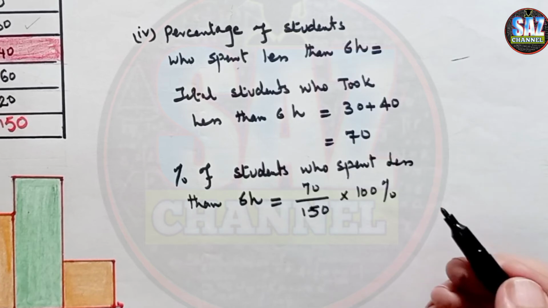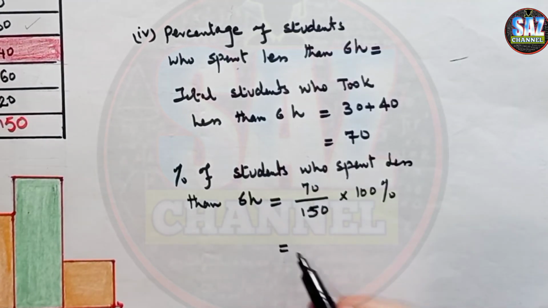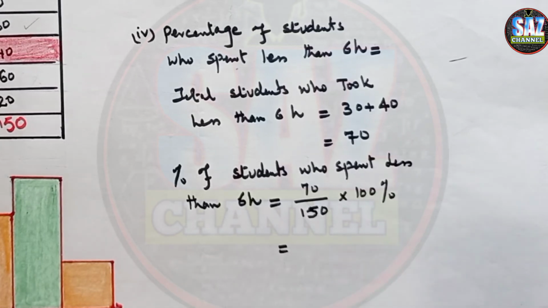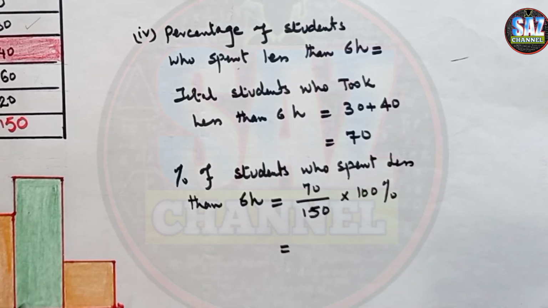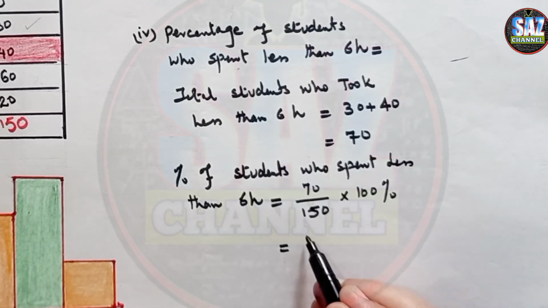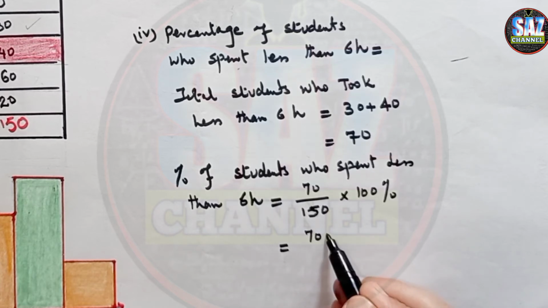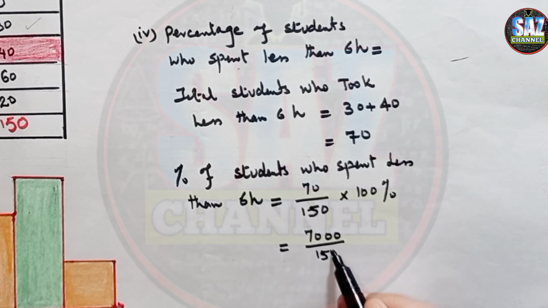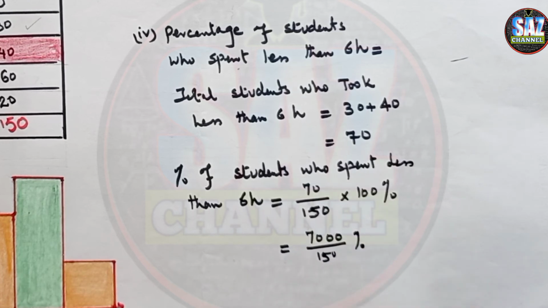Now what to do, 7 and 15 don't go in the same table, so what we can do is 70 multiplied by 100 is 7,000, upon 150, and percentage. And now what I have to do is divide 7,000 by 150, and this gives me